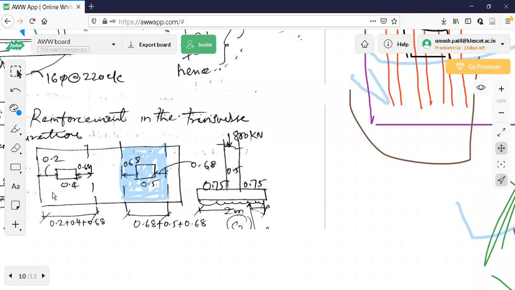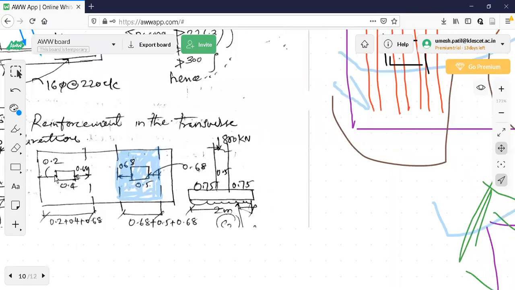So that much space is not available here, and whatever is there you have to use. Normally you should go on either side of the edges equal to small d. That is possible here because A2 is more. I can get 680 this side because it is 1.32 from the center. I can easily get this. It means d is available this side also, this side also. That is why this is the strip.